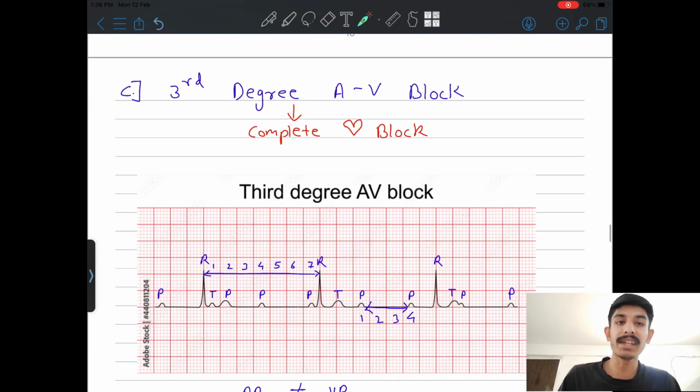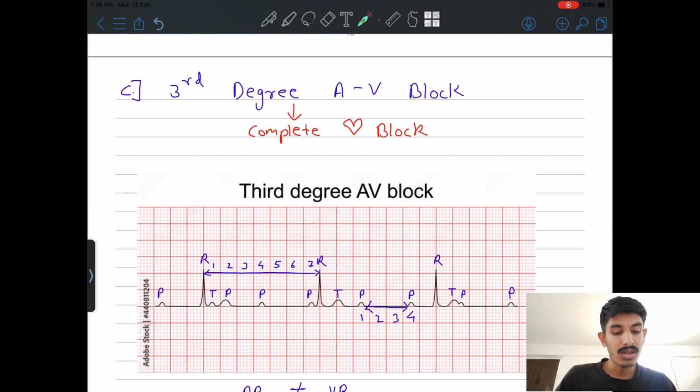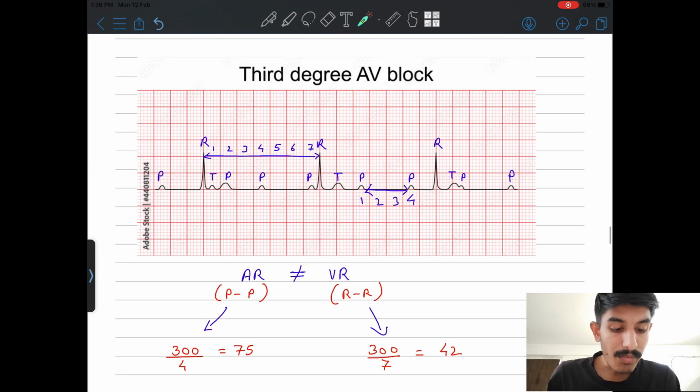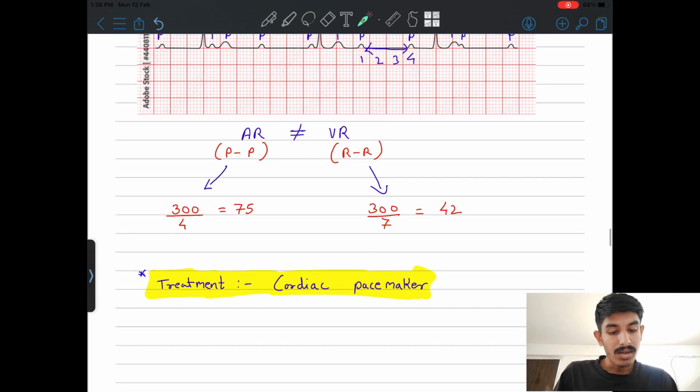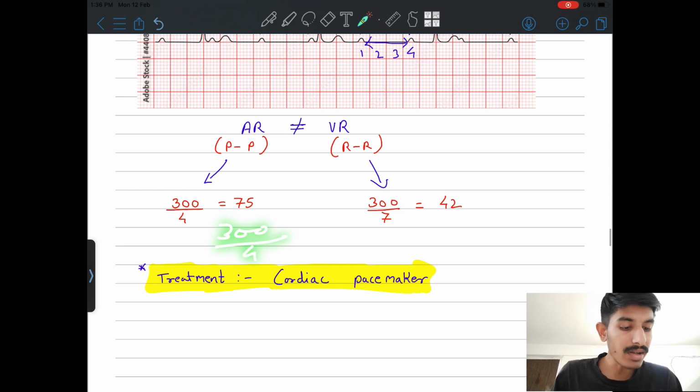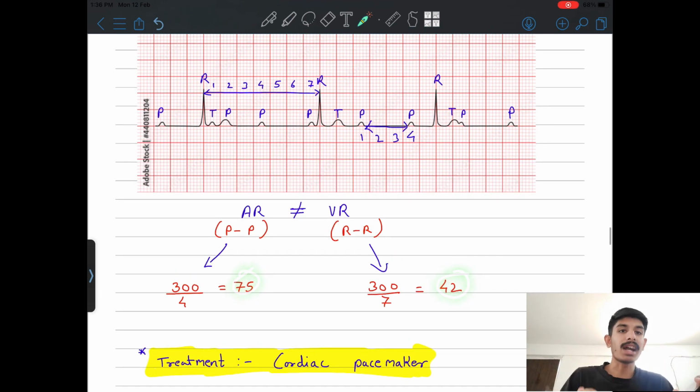And the third degree is complete heart block. There is one more thing that we can calculate in third degree heart block. From R to R interval we first check, and then we check P to P interval. There are two P waves coming because here is a drop, so we'll count this. Write P-P interval like 300 above and 300 below the R-R interval. So both must be equal in a normal person. If it is not equal, then it is complete heart block.